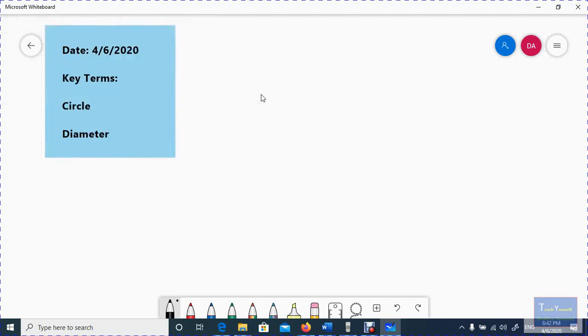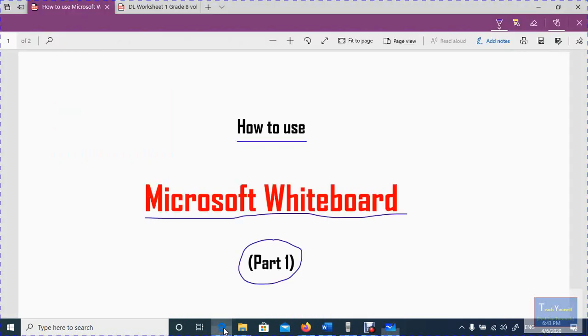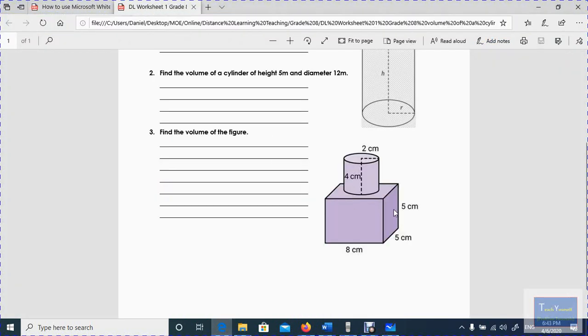Okay, the next thing I'm going to show you is this. Let's say you have a question you want to explain to your student, or your student wants to share his or her screen with you, wanting you to help him or her out. So how do we make that a reality? Okay, let's assume this is the question you want to explain to your student. One of the things you can do is to cut this out. This says find the volume of the figure. This is a PDF file. Though I can write on this PDF file, but to make it more interesting, okay, there is a tool called